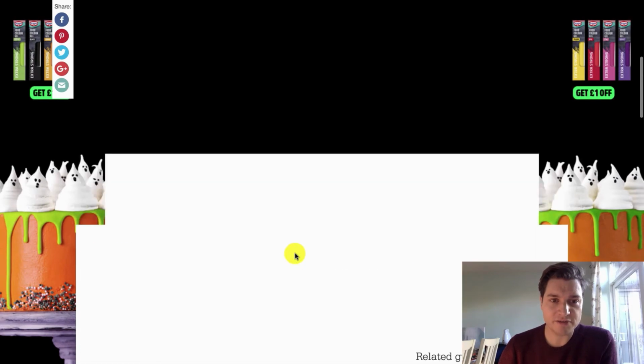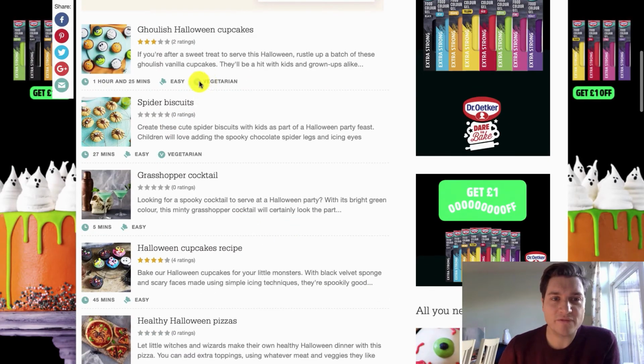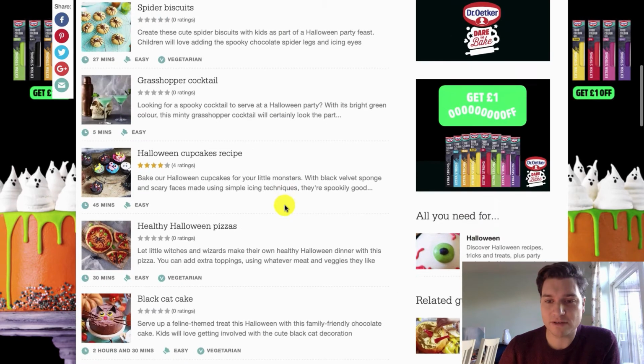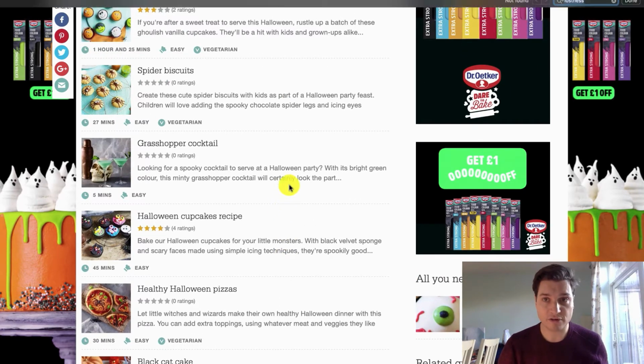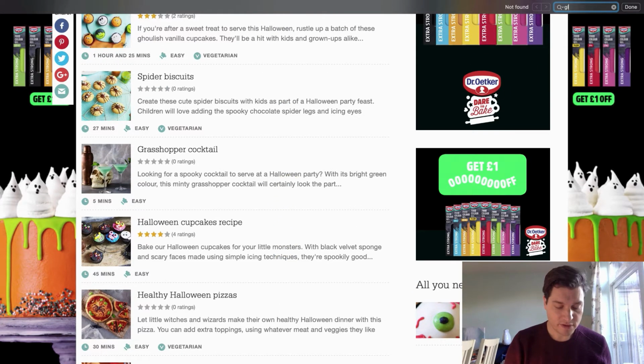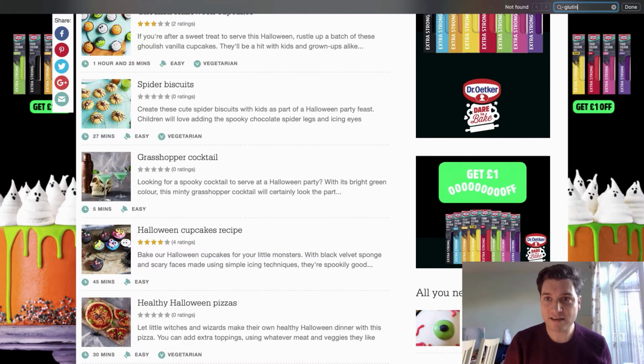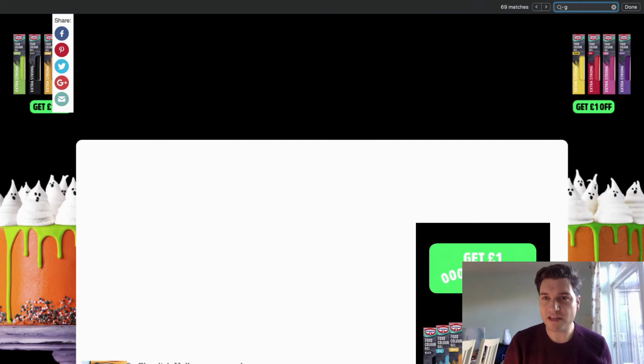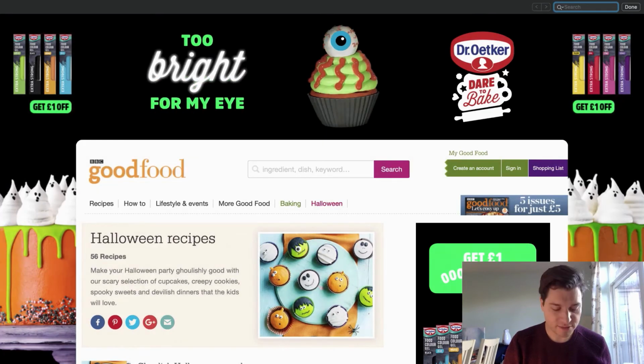I'm just going to go and... Okay, I've just seen they've got vegetarian things written there. That's cool, but it's not what I want. What about Control F? Gluten? No, gluten? G? Okay, some G's, but there's no...